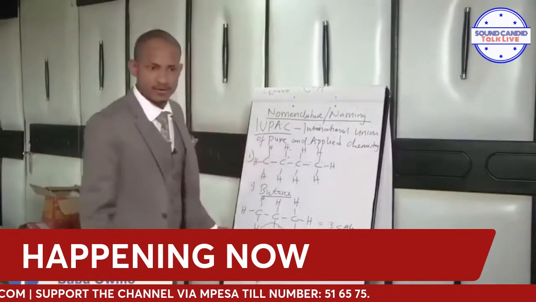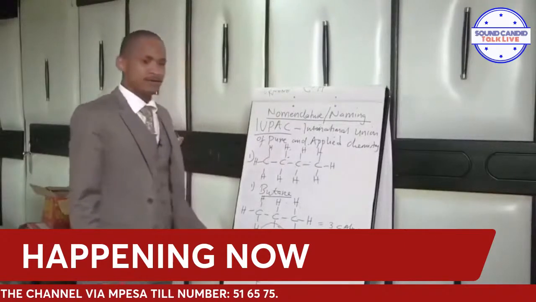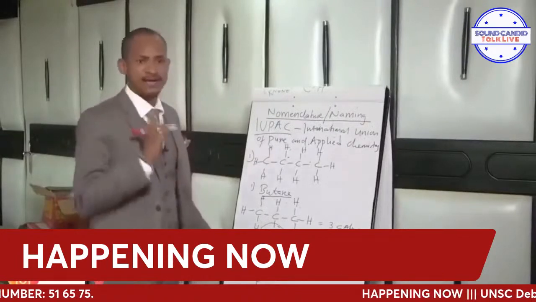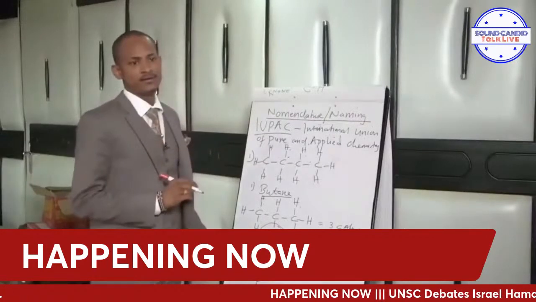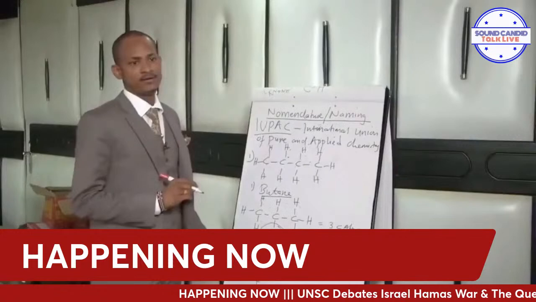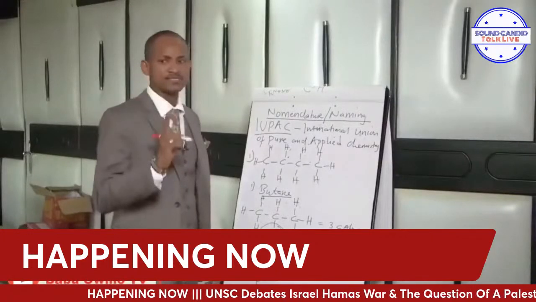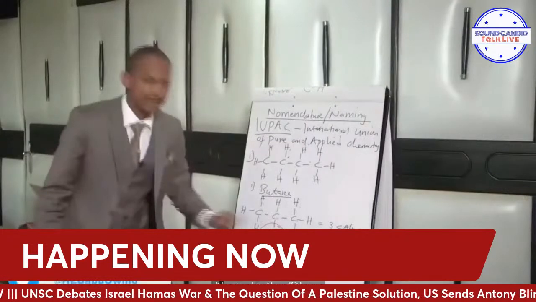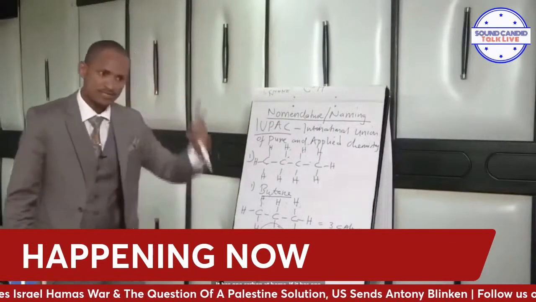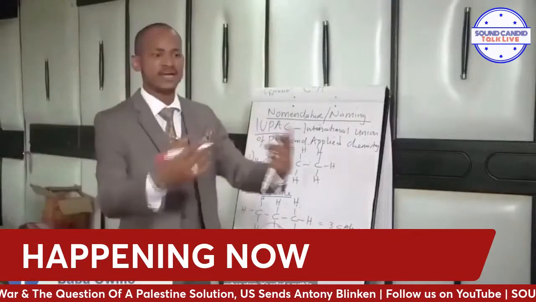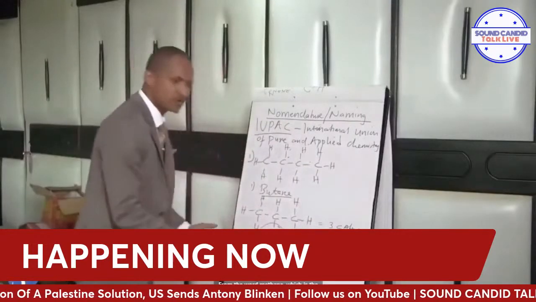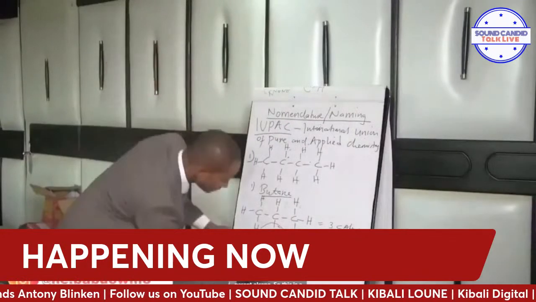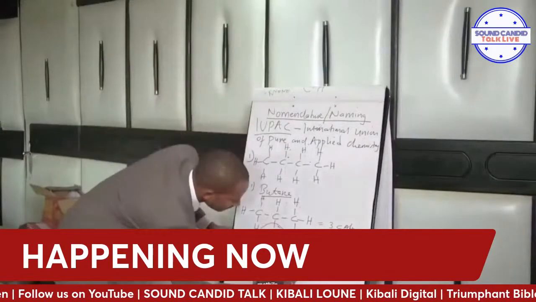An alkane with one hydrogen atom less is called an alkyl. Class, alkanes with one hydrogen atom less is called an alkyl. Therefore, which alkyl group is this? It has one carbon atom. If it has one carbon atom, it's called a methyl, from the word methane, which is the parent alkane. So this is a methyl.